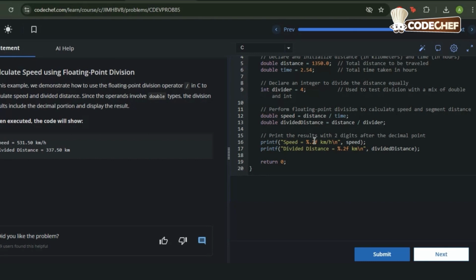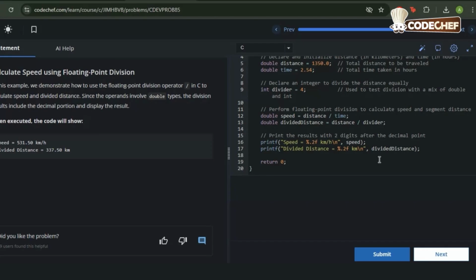Speed is text, %0.2f is the special format specifier, %f means floating point number, 0.2 means showing exactly 2 decimal places, kilometers per hour is the unit, and \n moves to the next line. Speed is the value to print, which contains 531.496062, but %0.2f formats it to show only 2 decimal places, which rounds to about